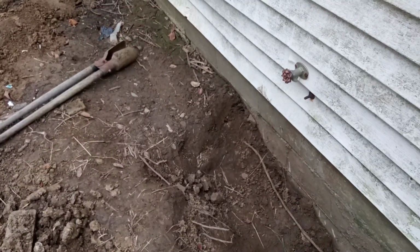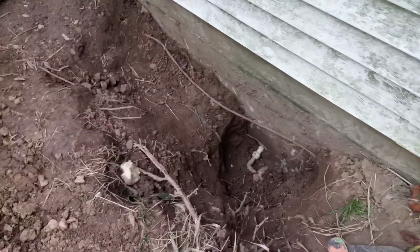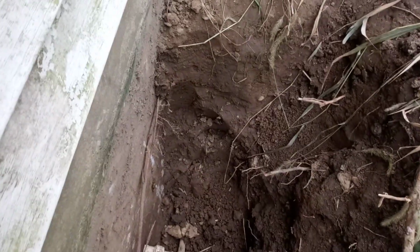Now originally I thought the water line was here. I started digging there and I made some more measurements and I figured it was there. And so I actually made myself a little ledge. I made a step. So what I did was I used this here to step down in, then you can get down in there and see it and fix it and repair it. So yeah, you can see where I had the post hole digger going down in there. And there's the post hole digger. And here's the shovel that we used